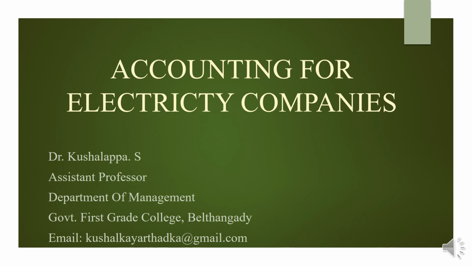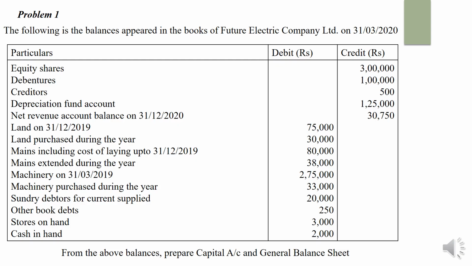Dear students, in this video let us work out some more problems related to accounting for electricity company. So this is the problem. Equity shares 3 lakh, debentures 1 lakh, creditors 500, depreciation fund account 1,25,000, net revenue account balance on 31st/12/2020 is